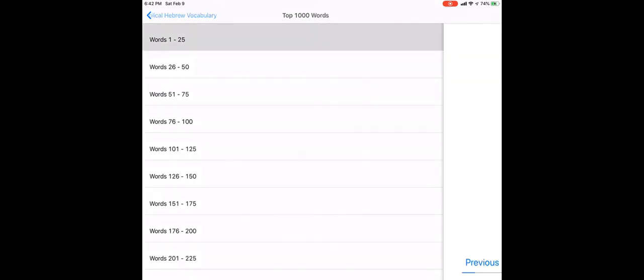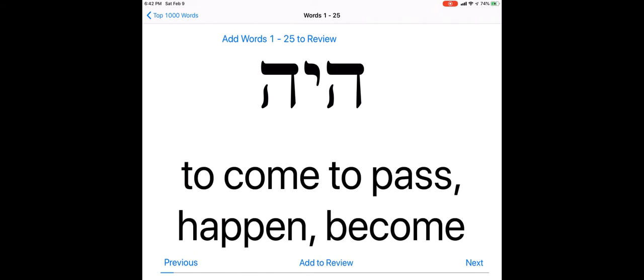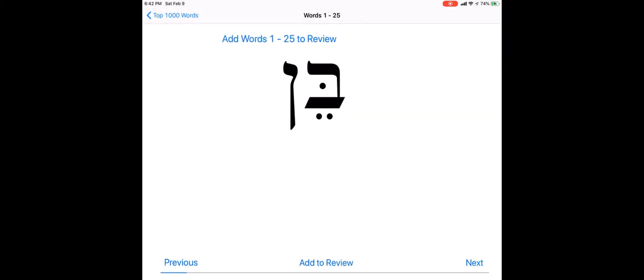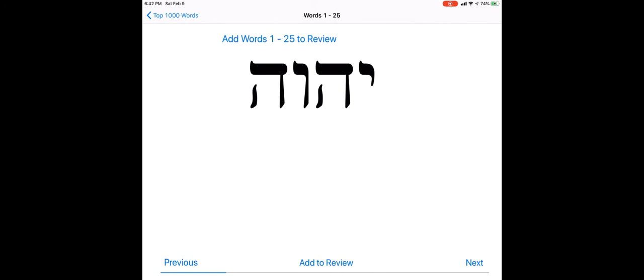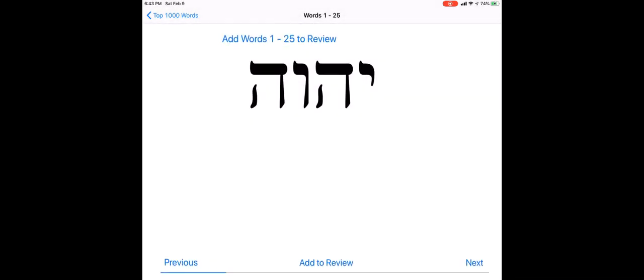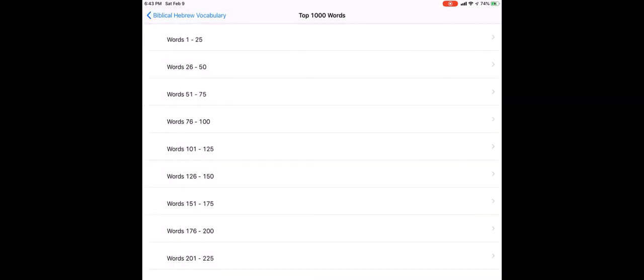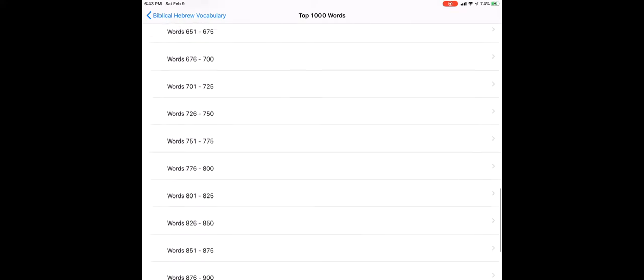So if we look at, say, the top 25, here we have haya, to come to pass, was, ben, son, yom, day, and then we have the name of Hashem, which we don't pronounce. You could also back up, by the way, with these. But you'll see that very often. Just the prefix ke, like, according to, bo, to come. And you could go to the top 25, the top 50, the top 75, and up to the top 1,000